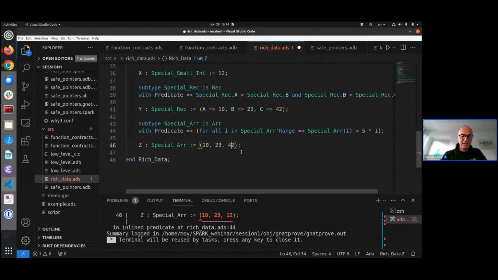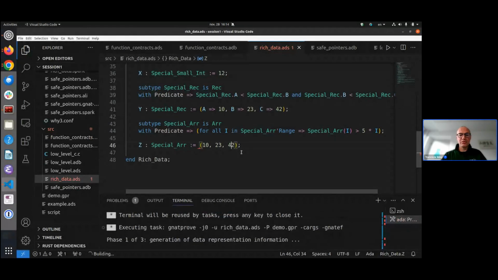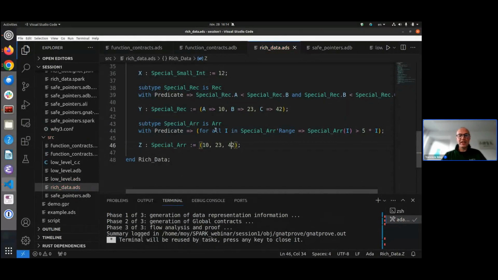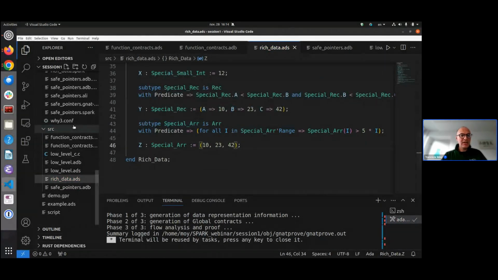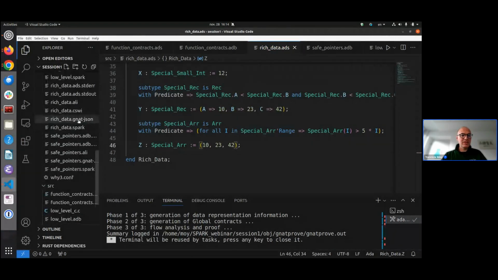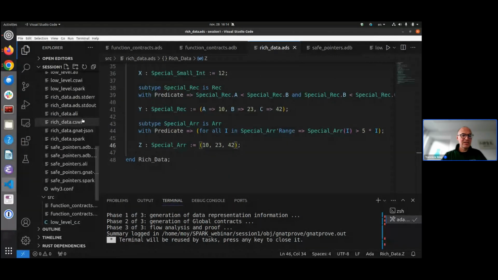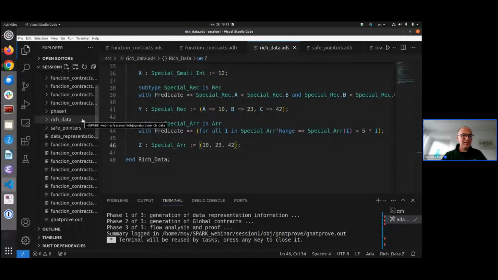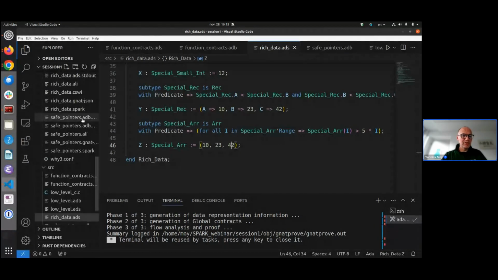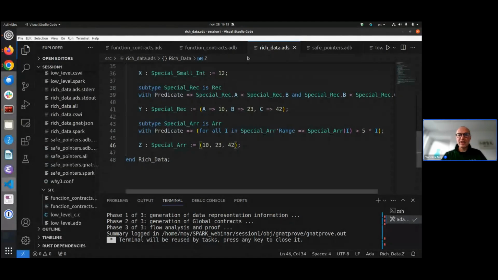If we fix that and we rerun the tool, we get no other messages, and we can check that the tool has completed its analysis by going to its data file. So I'll go to that later. So let's go back